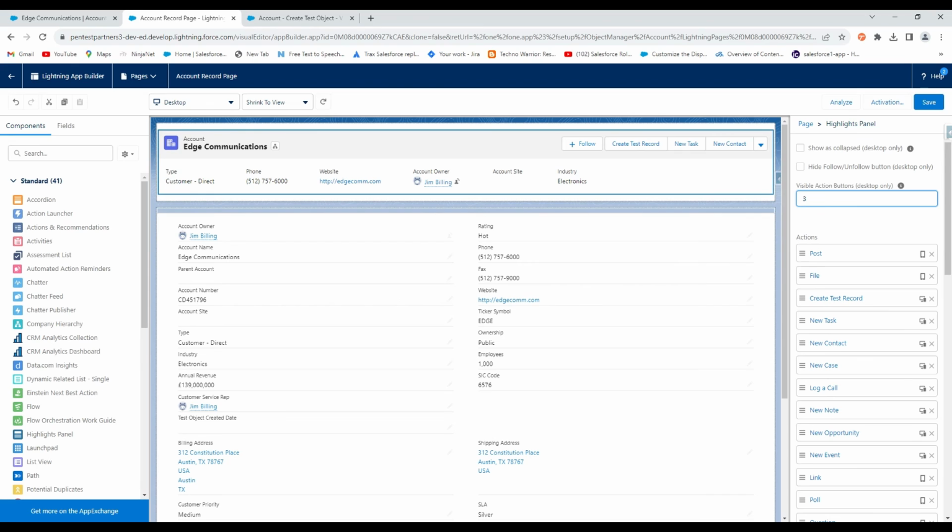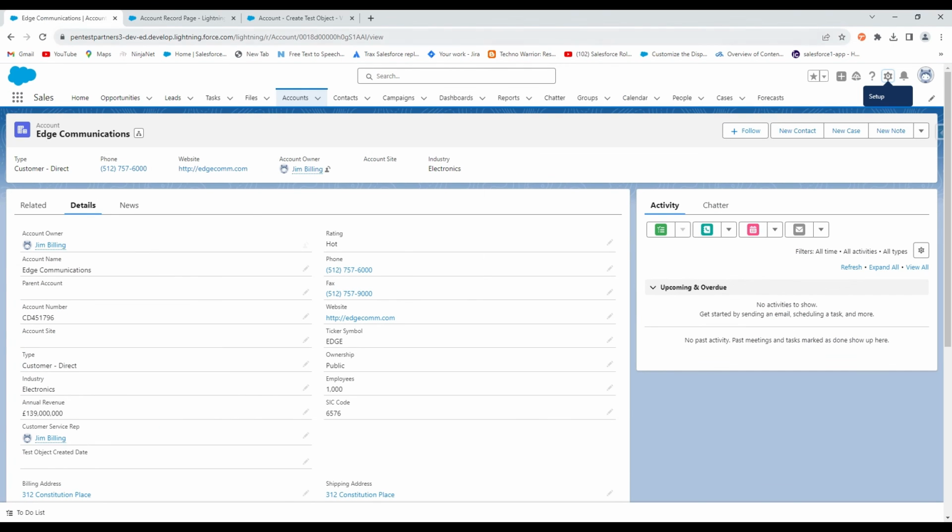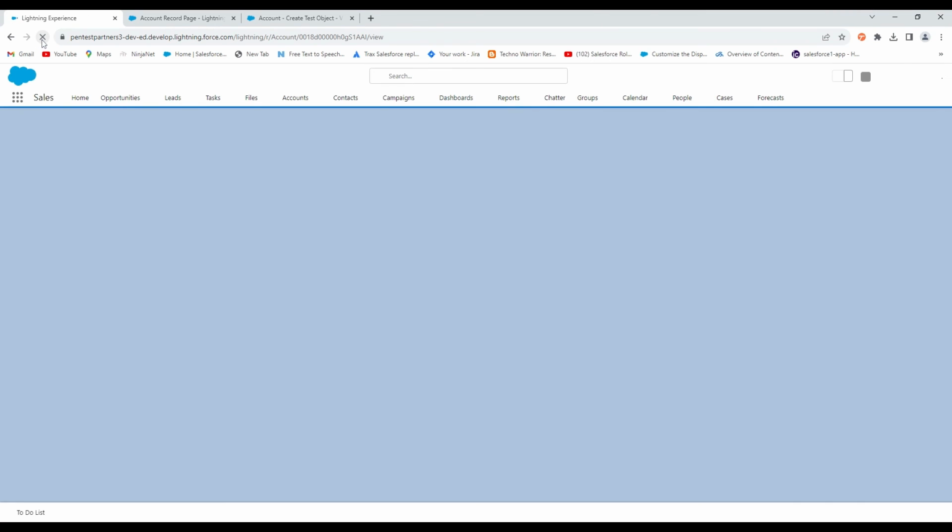If you change this number, it shows more of the actions, and you can also get rid of these. So we just want to click save. And then what we want to do is test it. So if we refresh here,